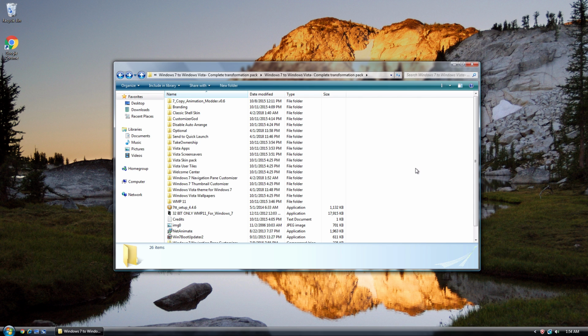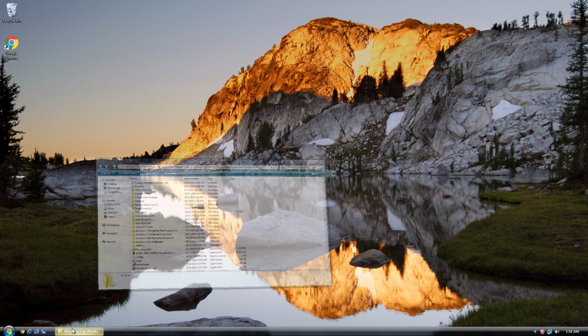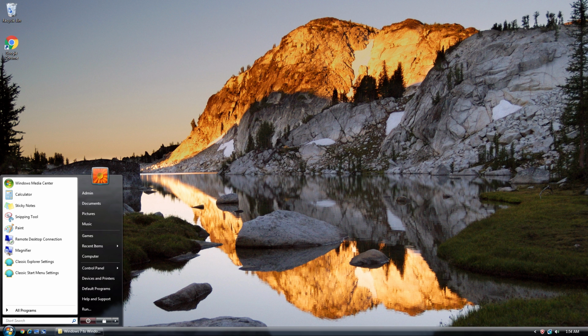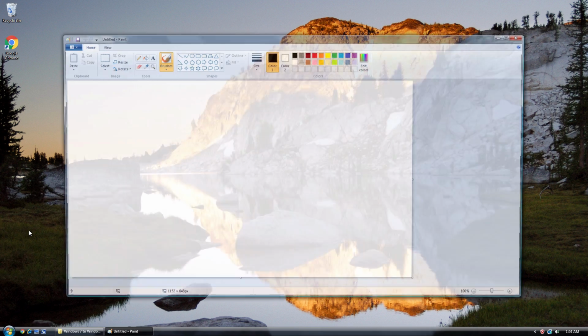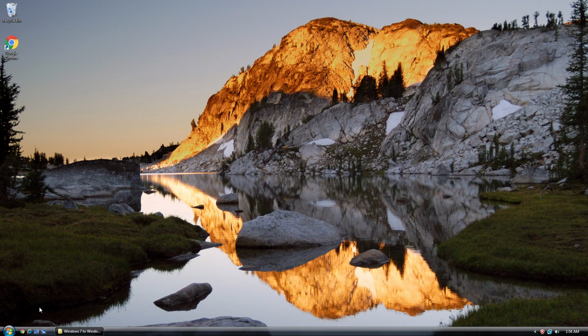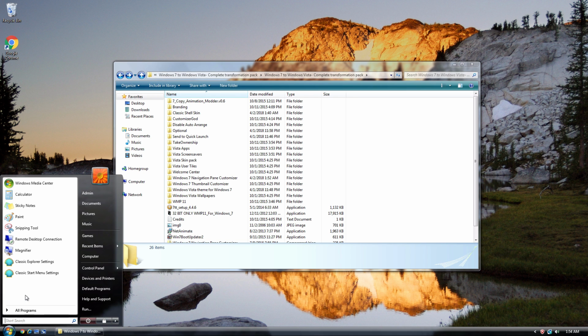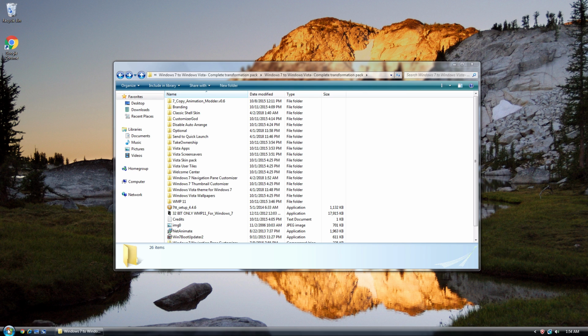With all this done, with what we've done so far, you can stop at this point if you're satisfied with your Windows Vista transformation. But what I'm going to do from here on out is replace the Windows 7 built-in apps, such as Paint and Calculator, with those from Windows Vista. So if you prefer the Windows 7 versions, then you'll want to stop here and just use this as it is,